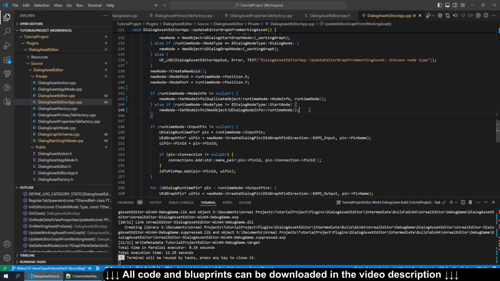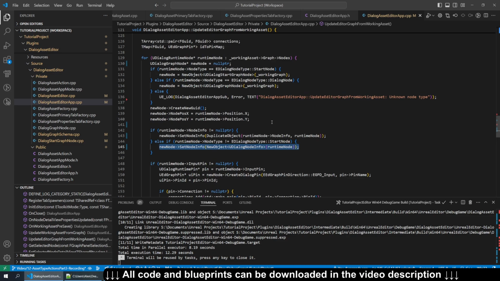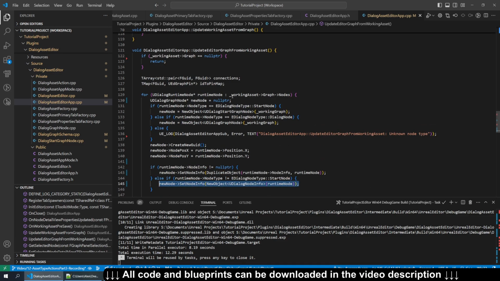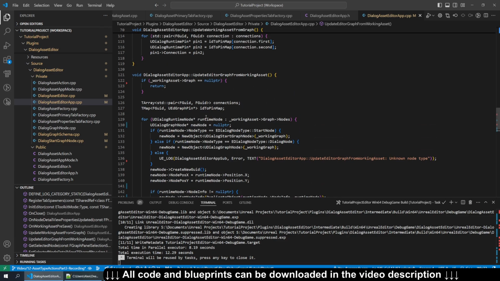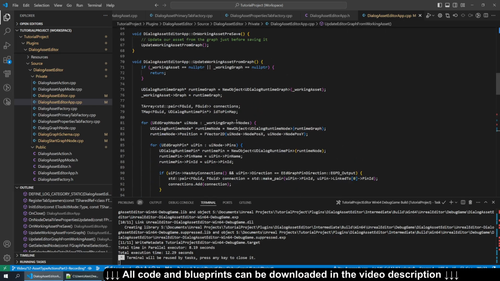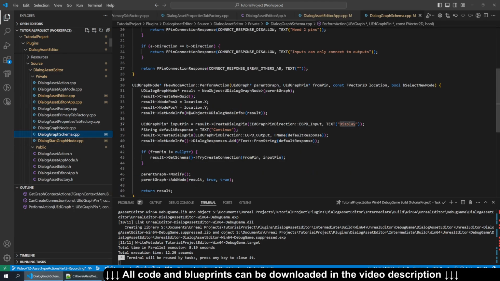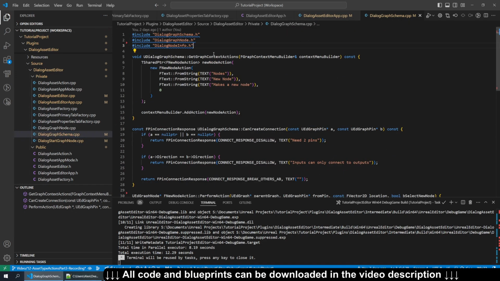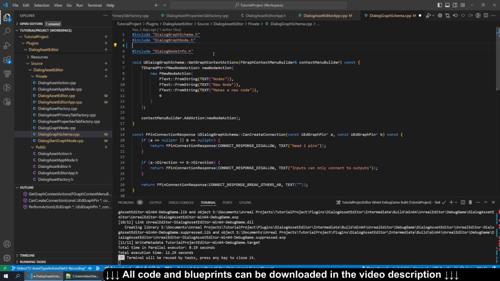All right, so now we'll probably load the start node if it exists on disk, but what happens if we open up a working asset that doesn't have any nodes in it yet at all? And so we need a way to create the default nodes within a graph. And so we're going to go to the schema, and at the very top, we want to include the new node type. So include dialog start graph node